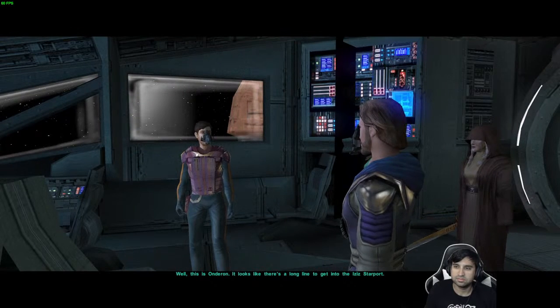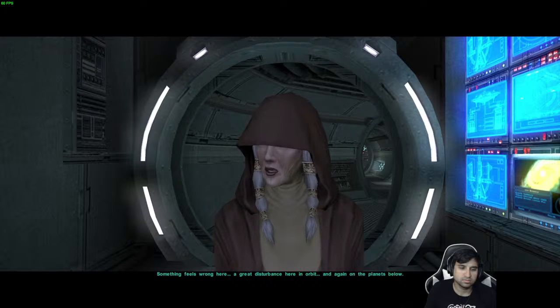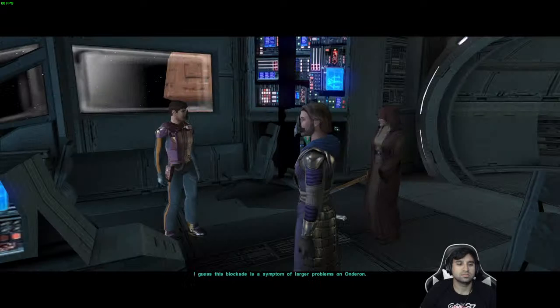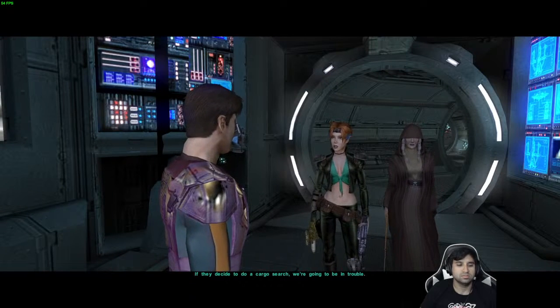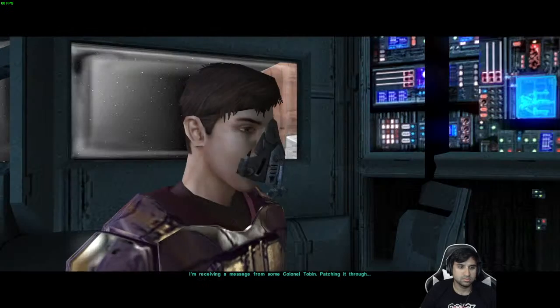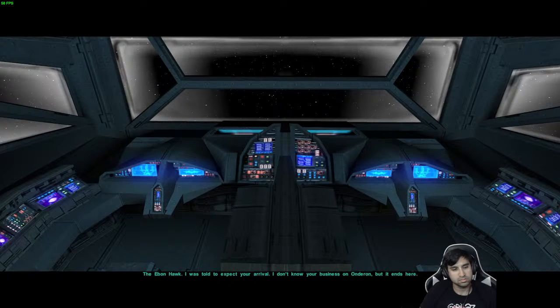Well, this is Onderon. Looks like there's a long line to get into the starport. Something feels wrong here. A great disturbance here in orbit, and again on the planet below. I guess this blockade is a symptom of larger problems on Onderon. If they decide to do a cargo search, we're gonna be in trouble. Looks like we're about to find out. I'm receiving a message from some Colonel Tobin. Patching it through. The Ebon Hawk. I was told to expect your arrival. I don't know your business on Onderon, but it ends